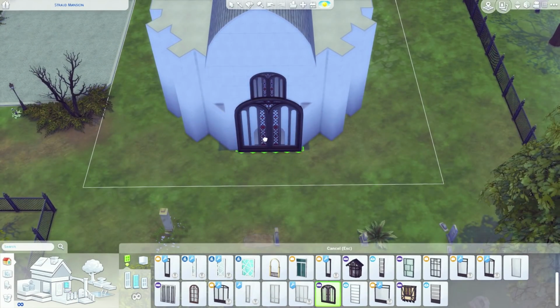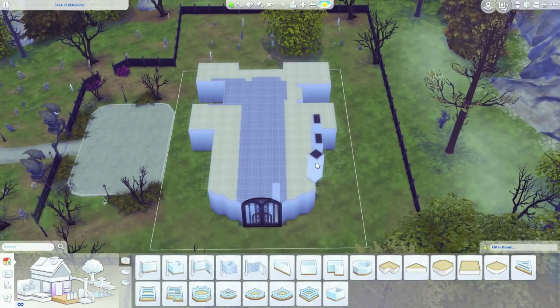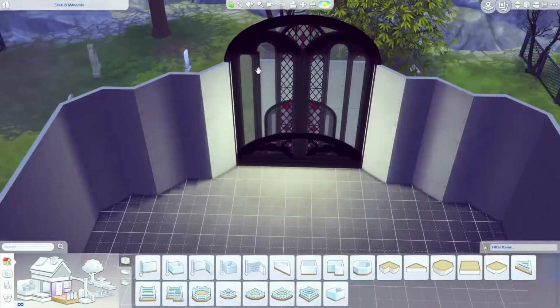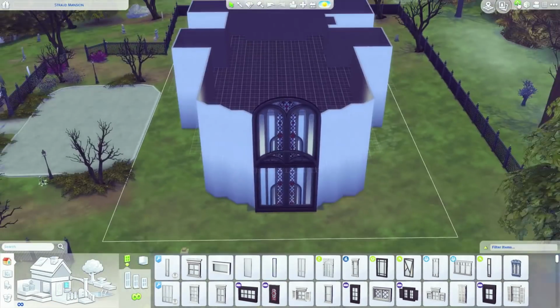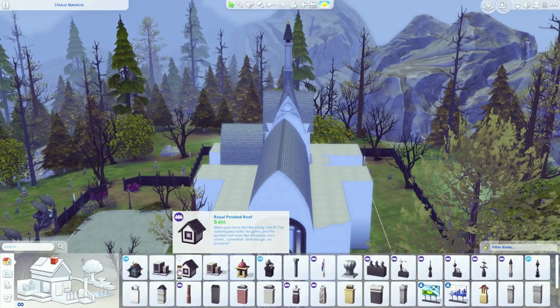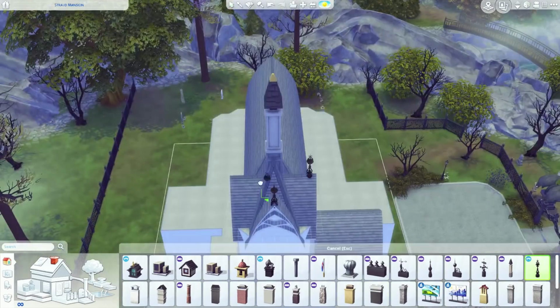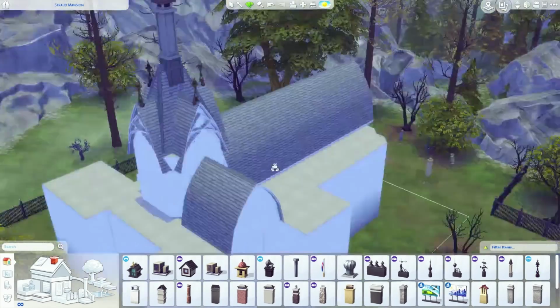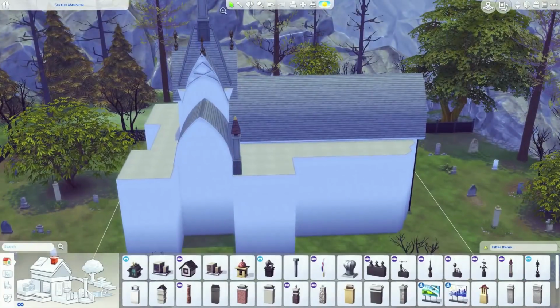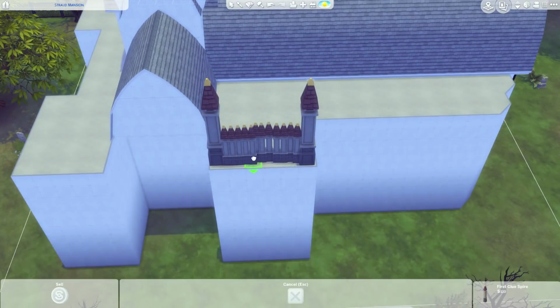And I really wanted massive stained glass windows where the altar would be. And as you guys know, we don't really have super tall windows in game. So what I did was I used the big stained glass windows that came with Get Together, and I sized them up, I layered them, and then I used